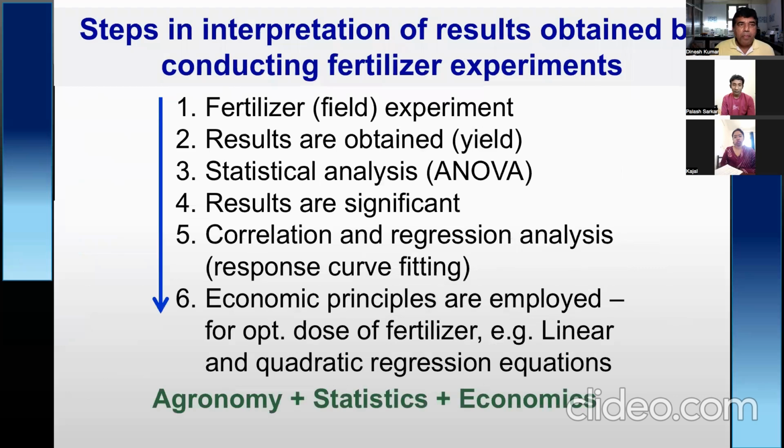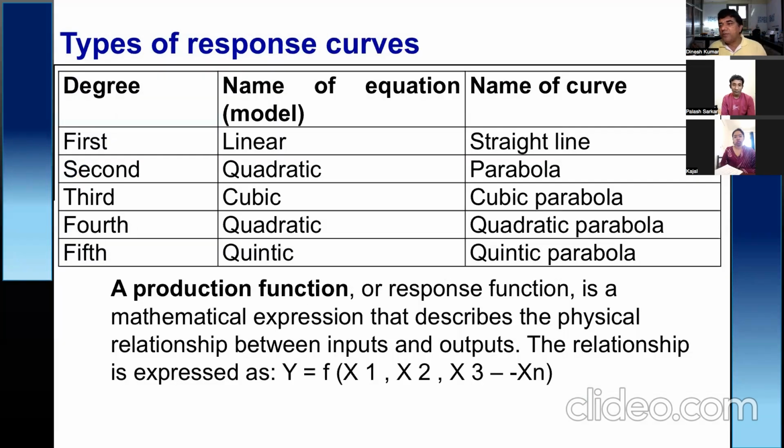Now there are different types of response curves. Response curves means relation of x and y. You can see, first degree is the degree or power of the variable, which is x here. First degree is linear, and the equation will be a straight line, when you have x power 1. When you have x power 2, it is called second degree, a quadratic equation, and the curve is called a parabola. Then third degree is cubic